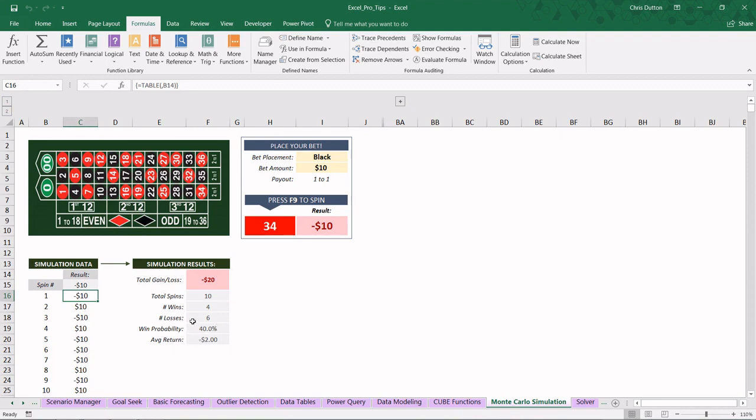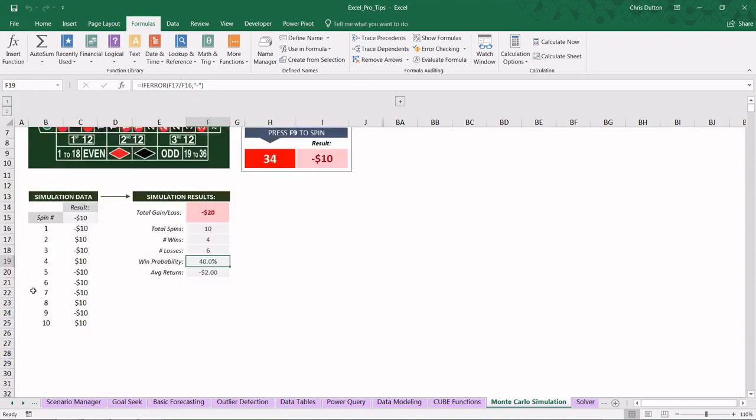47.4%. And the reason this win probability that we see here in cell F19 is bouncing around so wildly and not even really targeting in on that true probability is that we're dealing with a very, very small sample size. Anything can happen in 10 spins. You could win 10 out of 10, you could lose 10 out of 10. So what I'd like to do here is repeat the process, not for 10 spins, but for 10,000 spins and